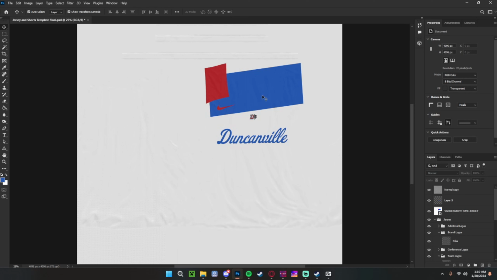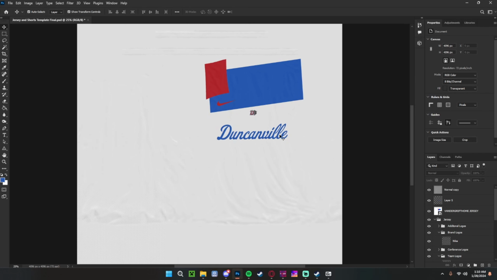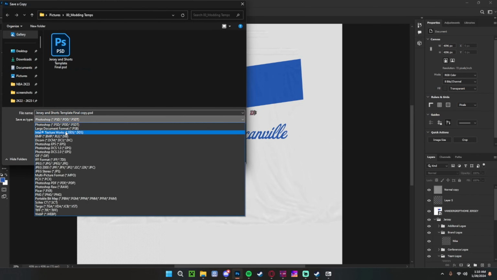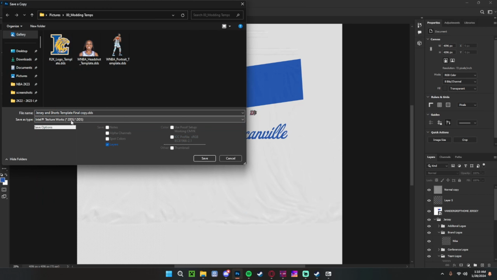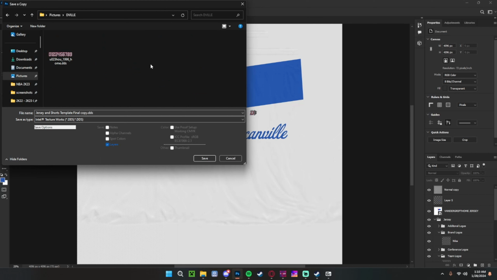All right, you've gotten this far, right? You're done designing the main jersey bit that goes over the torso. You're like, okay, what's next? Save a copy, right? DDS. That's that Intel texture work stuff. I'm just gonna save it in a DVIL folder that I have, and I'm gonna name it